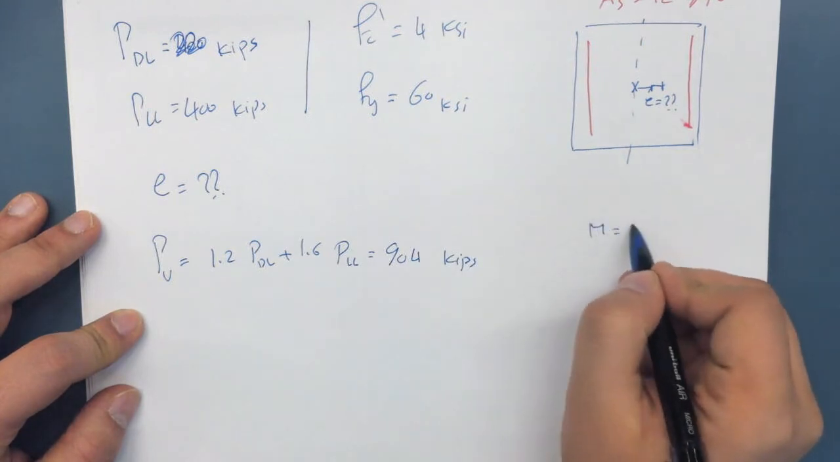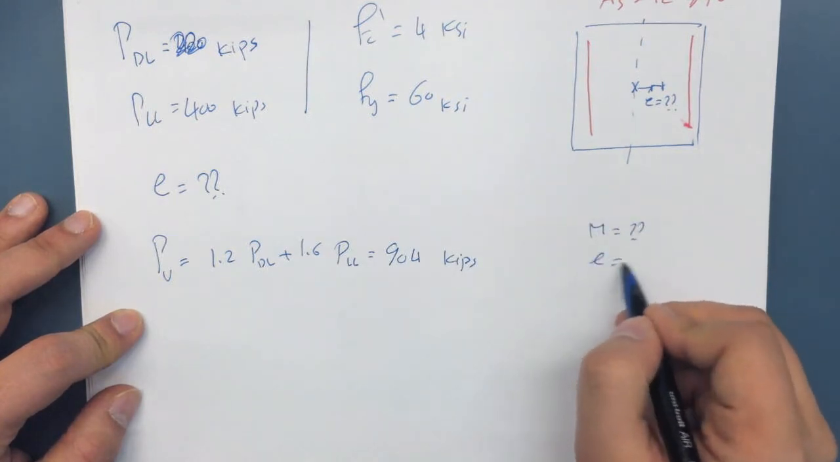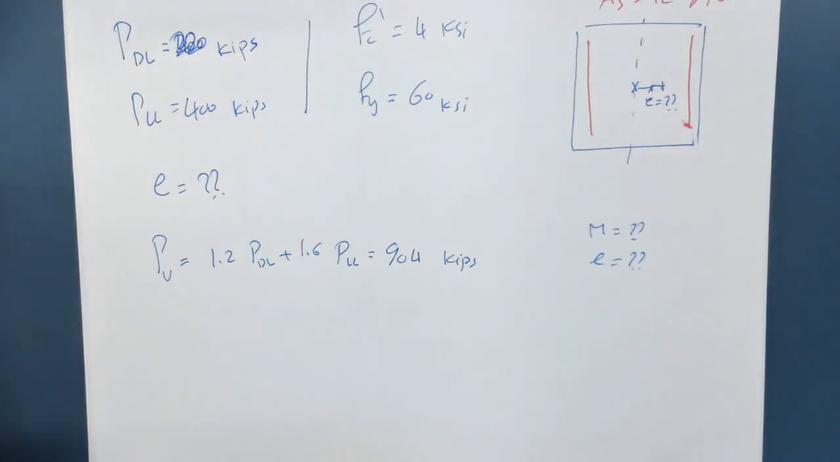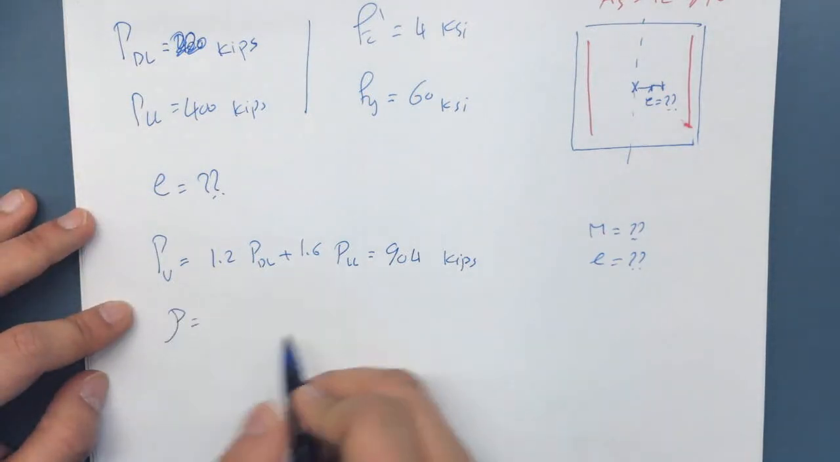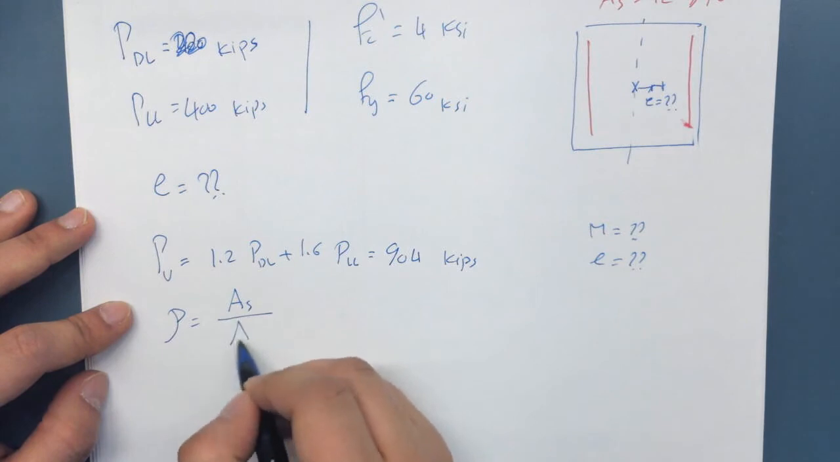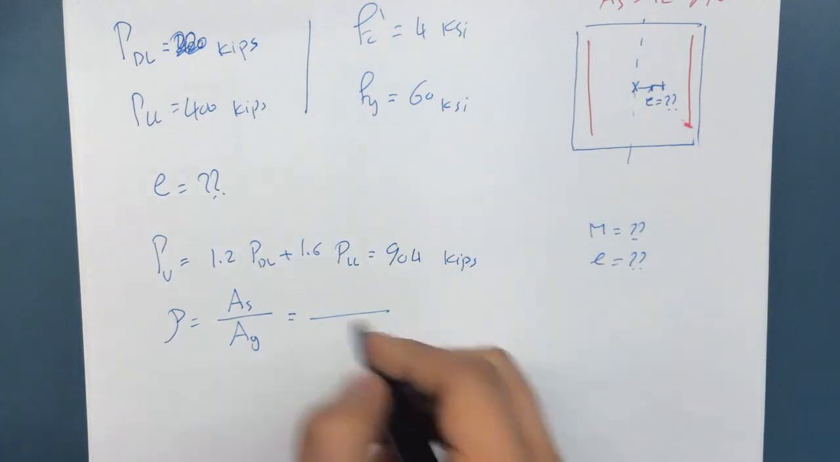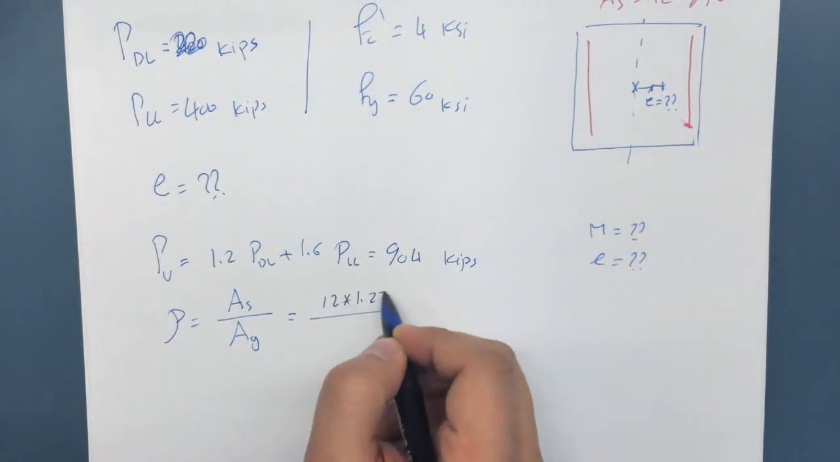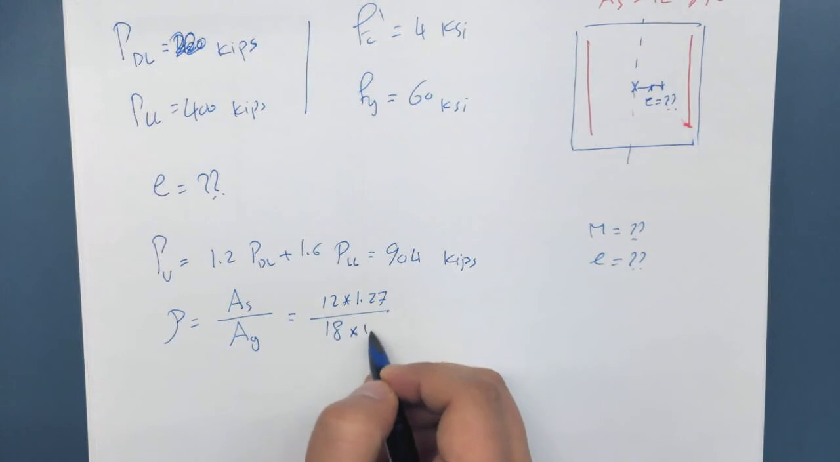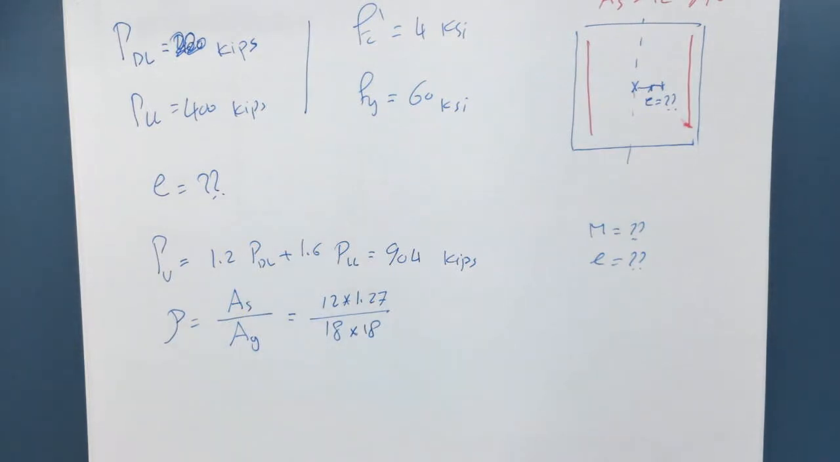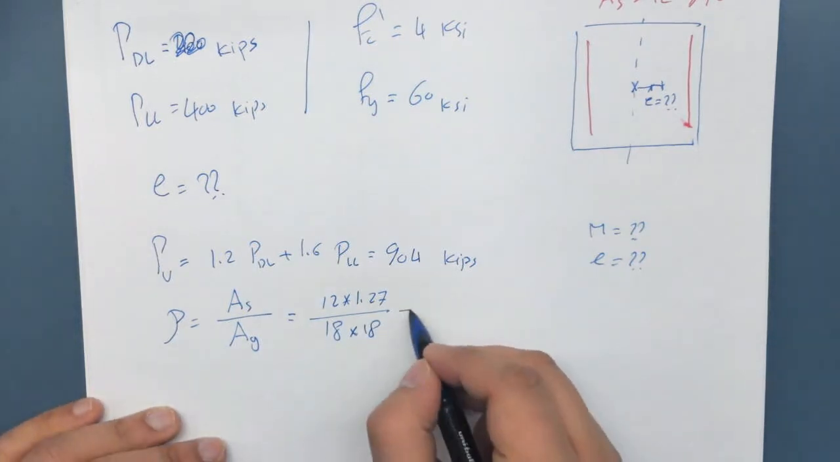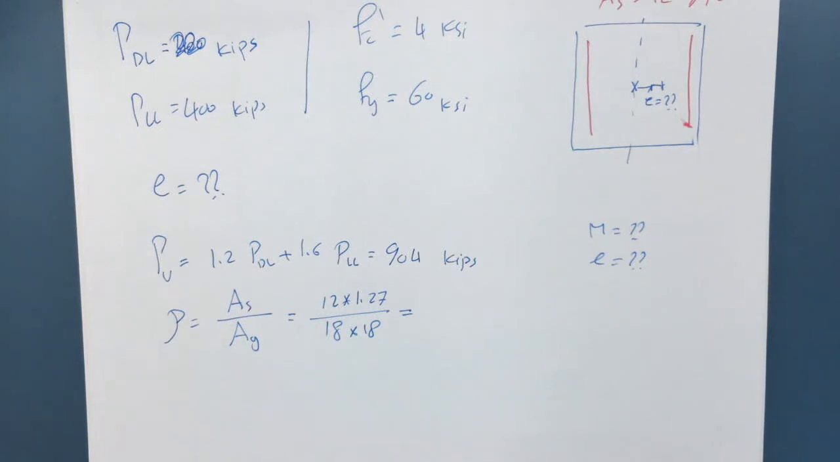We don't know M, we have no information about M. We don't know E, we have no information about E. But we know rho. So rho is equal to AS divided by AG. The area of the steel is 12 multiplied by 1.27. So 12 rebars, 1.27 each. And the gross area is 18 by 18. So rho here, if you calculate it, is going to be equal to